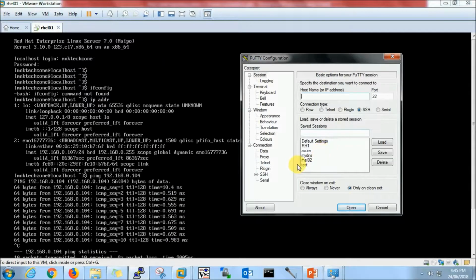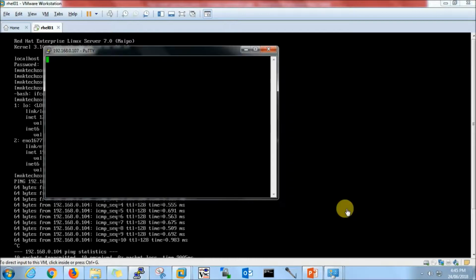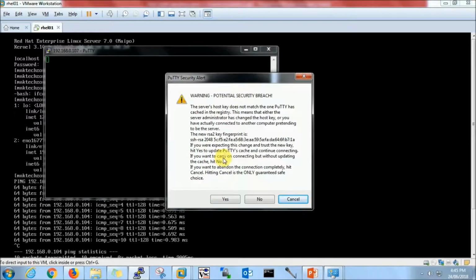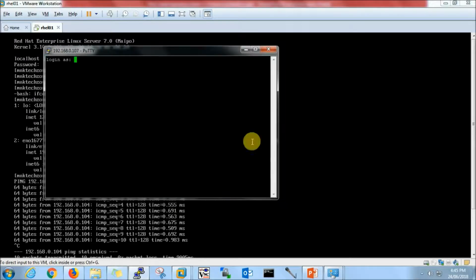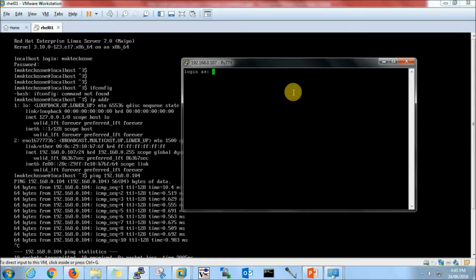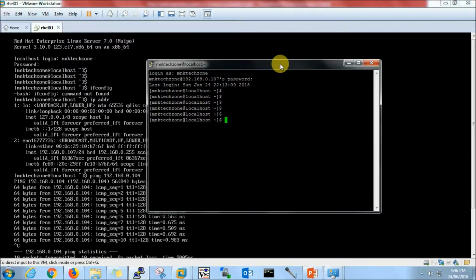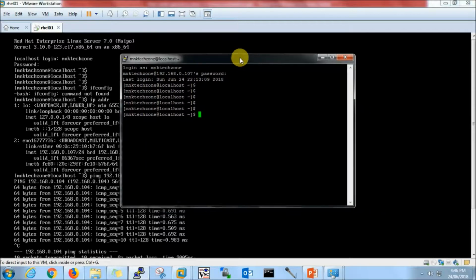This is the SSH tool which I am going to use to access my virtual machine. 192.168.0.107, this is my virtual machine's IP address. Yes, it asks to accept the fingerprint. Great, it's accessed. Now I have access to my virtual machine from my host machine